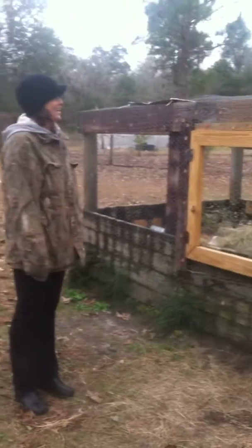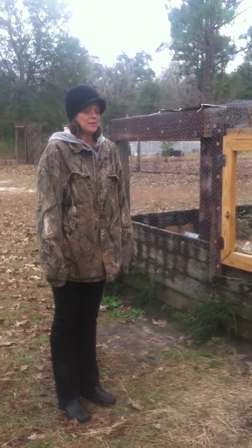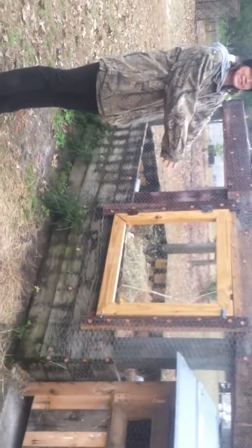Now I want to show you our quail house that we built. Right now we have 18 quail, I think, 18? Yep. And we just bought this land probably about 5 months ago, and the people who had it before, this was their planter, this was their garden. So from here down,